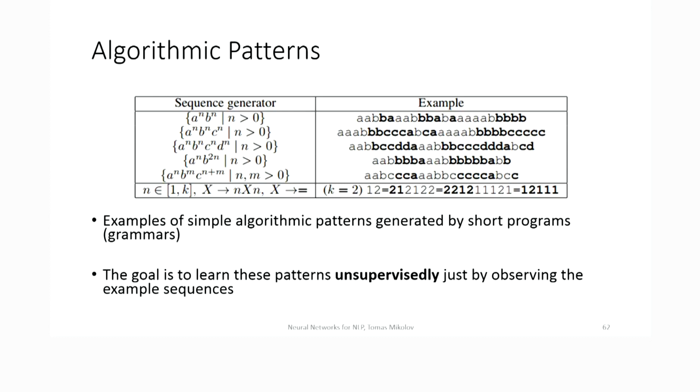In our case, we used classical examples that, as I said, were already used in the papers in the 90s, like counting a variable number of symbols in sequences, where you see different lengths of these sequences in the training data and test data. So you can't just memorize all these combinations; you have to actually understand the algorithm, understand the regularity, and start generalizing if you want to solve these tasks. And there's no supervision for the model. We don't say where the task ends or starts. Everything is learned through just prediction, so the network just tries to guess the next symbol as well as it can. And for that, it actually has to learn to count.